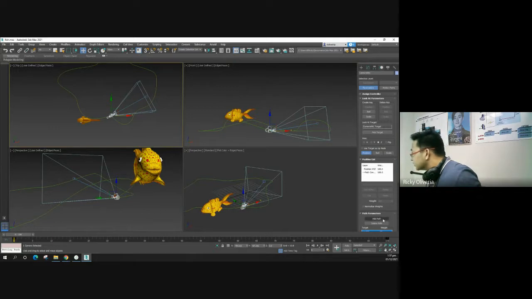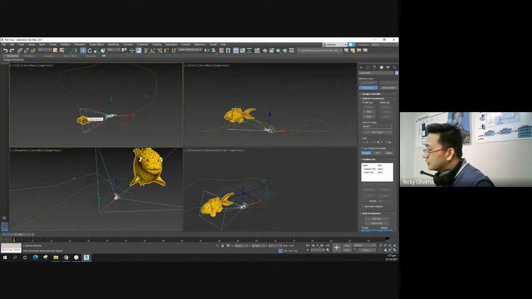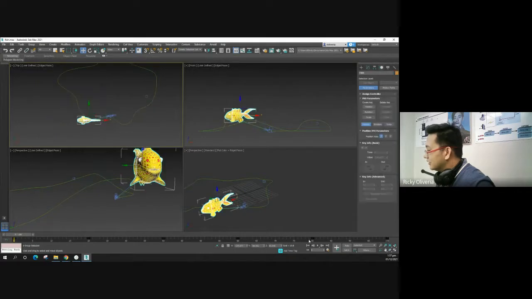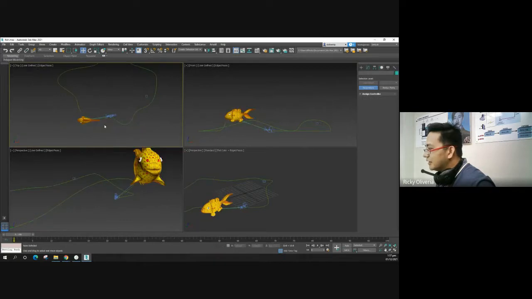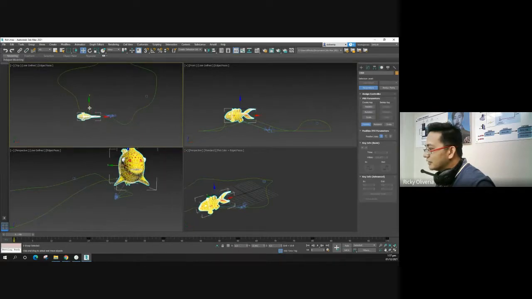Next is pick target. Here, under pick target, i-pick nating target to. Para dito siya lagi nakatutok. Kahit na anong mangyari, okay, tututukan niya yung isda mo. Okay, yan siya. Okay, so ibig sabihin, ang kailangan mo na lang gawin is itong fish mo is